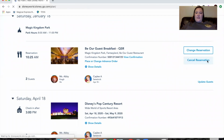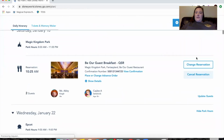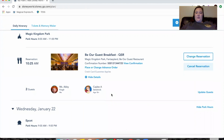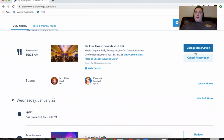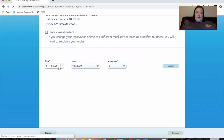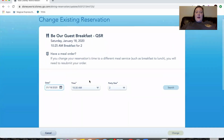Now, on this screen, you can either change the reservation or cancel the reservation. And you can also view your confirmation, place or change your order, and show the rest of the details. We are going to click into change just so you can see it. Here you can change your date, you can change your time, you can change your party size, and it'll bring